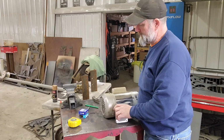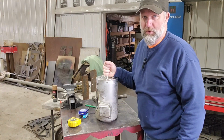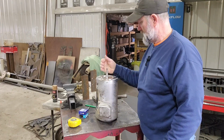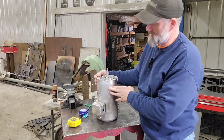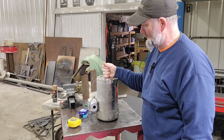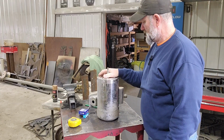So today I'm gonna see about repairing this motor. Normally I wouldn't mess with these too much just because it's a small motor, but this is a very good high quality motor and it's not that old. The story behind it is